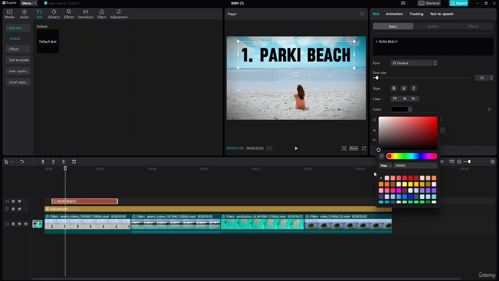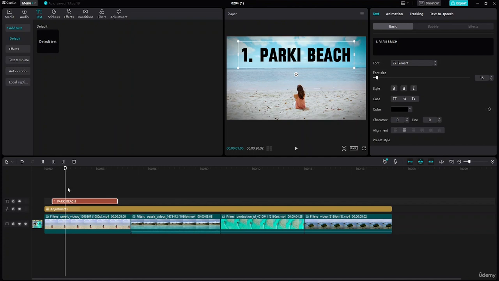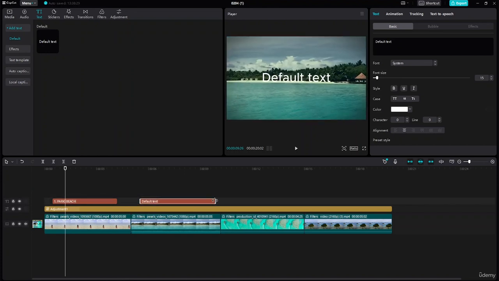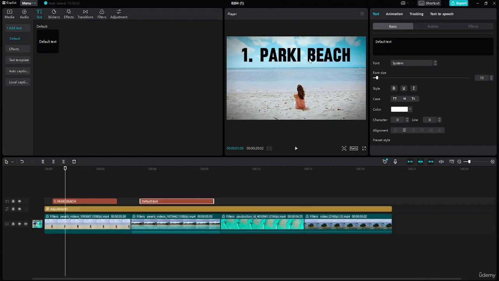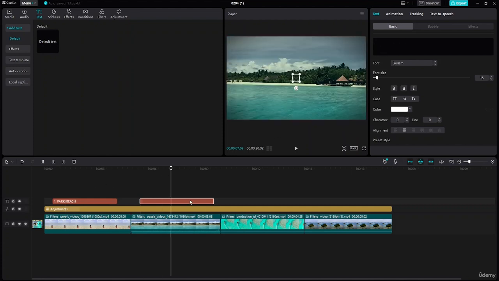Let's go to the color option, and from here you guys can just paste any of these colors. You can just place it right over here. Again, click and take one default text box, come to this video, and again just increase the size. Suppose I will just click on copy, I will come here, and over here I will click on backspace, and press Control V. Otherwise I can just manually type as well. So let's come here, let's go to this option, I will type 2, and I will write